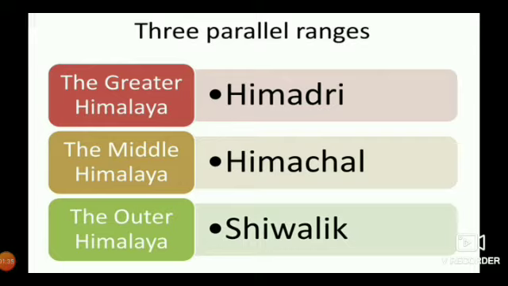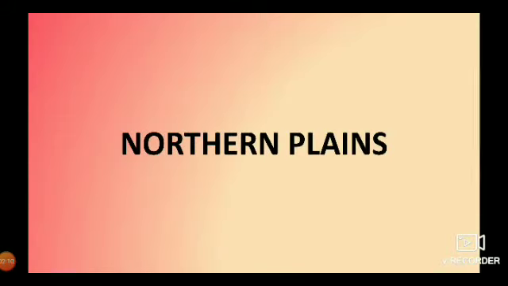So they have their own specific features, like the height and the climate differences. The tallest mountain, that is the Himadri, and Shivaliks are not the same, and the hill stations are there in the middle Himalayas. So it differs, right? So we saw that in our previous video, last before video. So you just go through that. And today we are going to see about the northern plains.